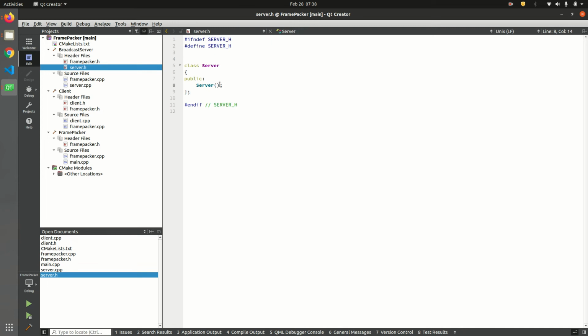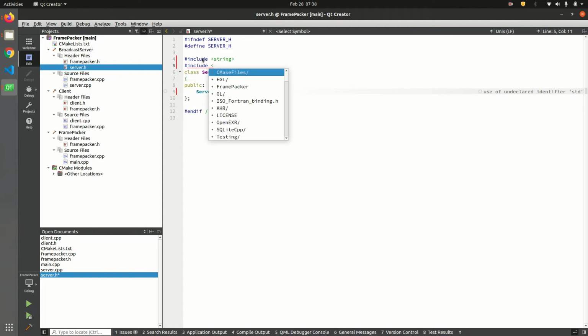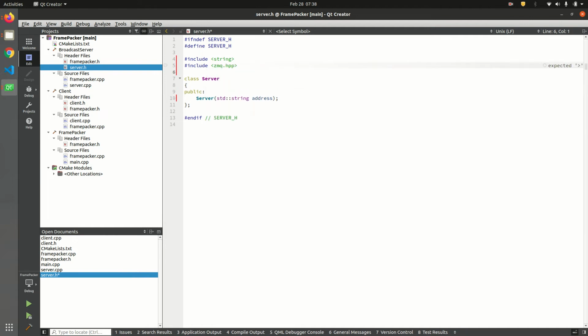So what the server takes, since we are going to do a localhost, it would be, but it would be better that it just takes an address. So std::string address, let's take that, and std::string, and we also will need obviously the zmq, so zmq.hpp. Now same thing will be going in our, as well as